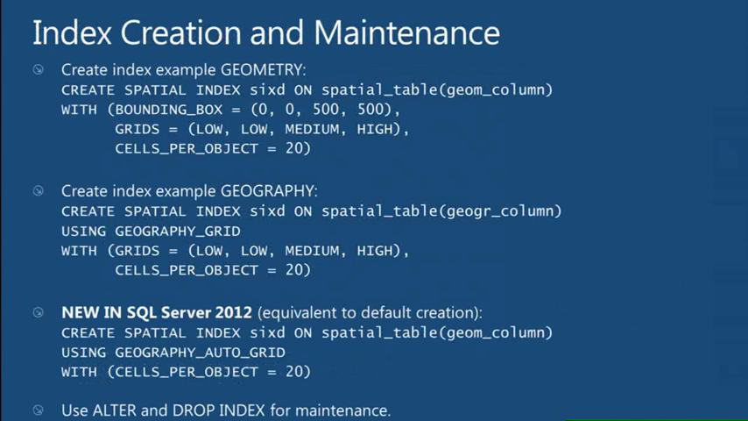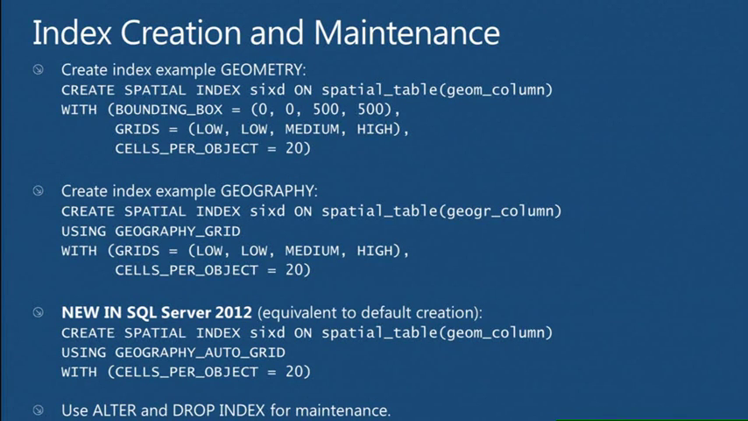Okay, let's go to the next slide here. In terms of index creation and maintenance, you basically have a new create spatial index syntax. And what you do there is you basically have a set of parameters. If you do an index on geometry type, you have to have a bounding box specified. I already mentioned that. And then optionally, you can specify the grid density level